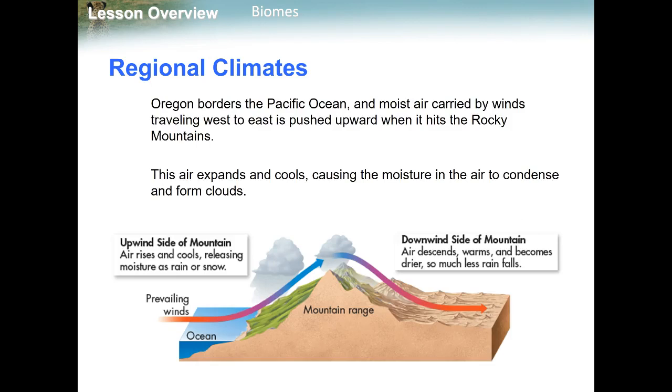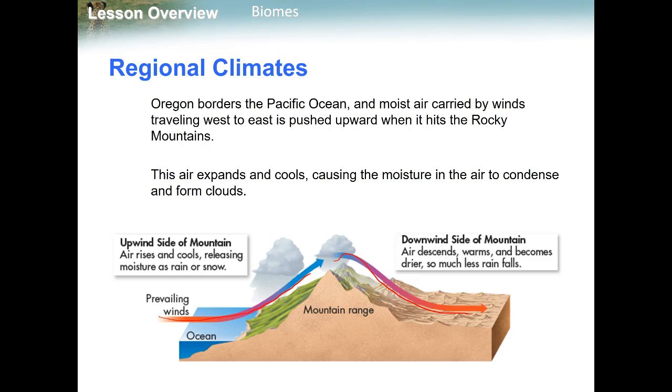Oregon, as I said, borders the Pacific Ocean, and the moist air is going to be carried by the winds, so it's going to go over the waters and it's going to bring rain in, and one side of the mountainside is going to wind up getting more of that moist water, and it's going to be more green, more lush, a bigger variety of plant life and animal life that's going to be there. Where on the other side, as it comes over and comes down, not as much water is brought with it.